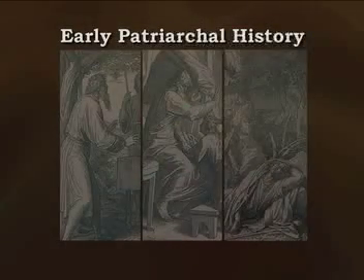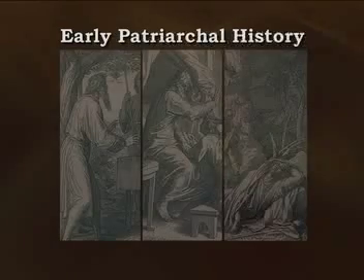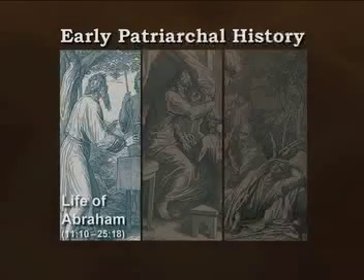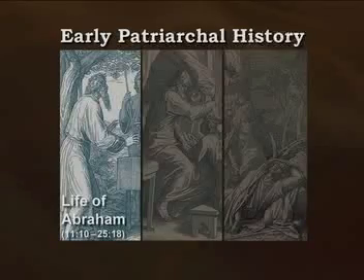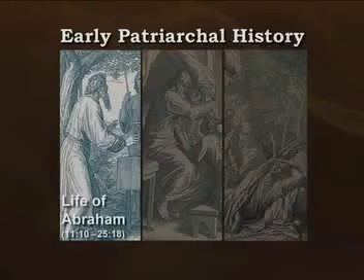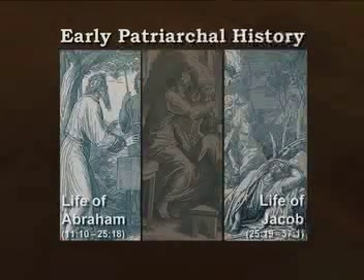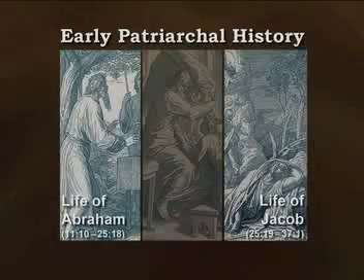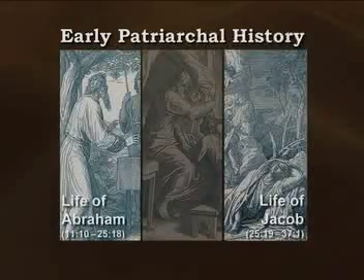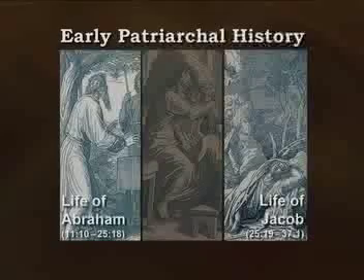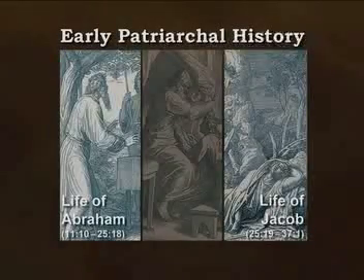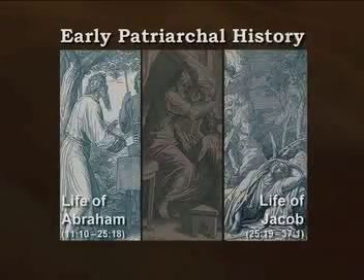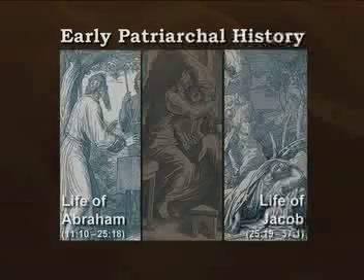In general terms, the early patriarchal history divides into two parts: the life of Abraham in chapter 11, verse 10 through chapter 25, verse 18, and the life of Jacob in chapter 25, verse 19 through chapter 37, verse 1. Now, this twofold division may be surprising at first because in Scripture we frequently hear mention of three early patriarchs: